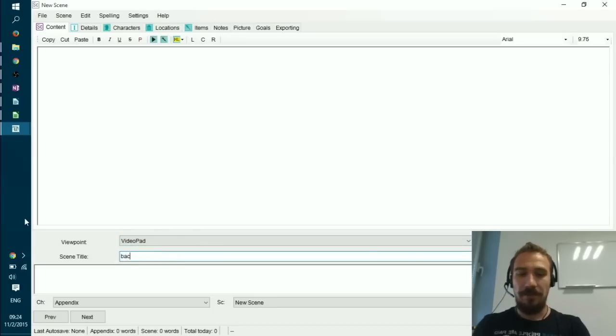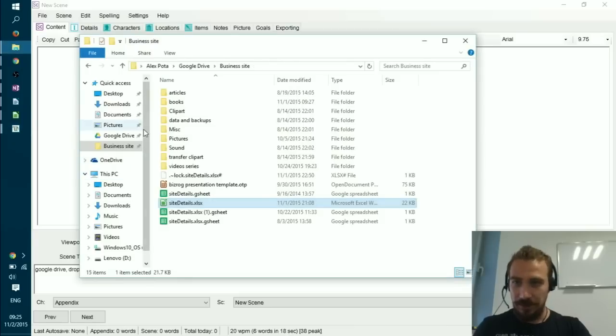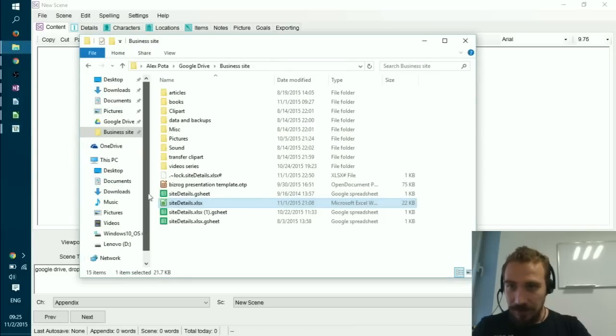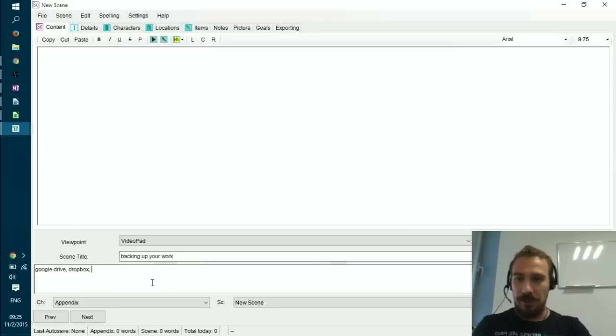It's what will be backing up your work, and I might even put it somewhere in the main chapter, so not in appendix. So it would be Google Drive, Dropbox, or Microsoft, whatever it's called. Microsoft what? OneDrive. OneDrive, right? Save and exit, and of course, what would be configuring? It's very important,